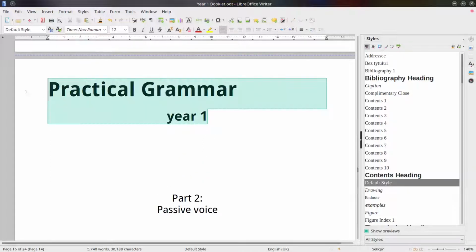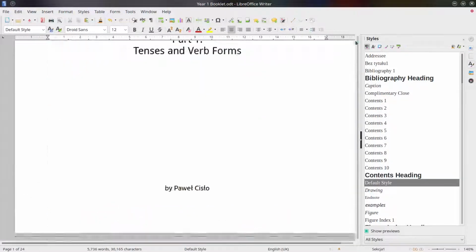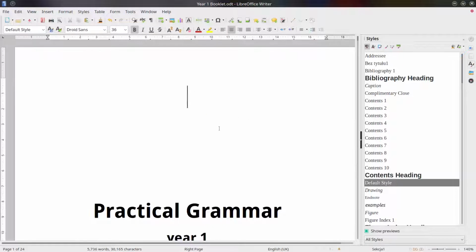So I'm going to remove this because this will be part 2 of the same booklet. And then I'll go to the first page and I can keep this, but I'm going to insert the title page or the first page